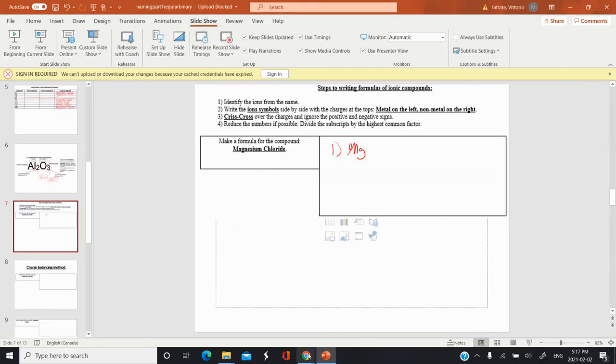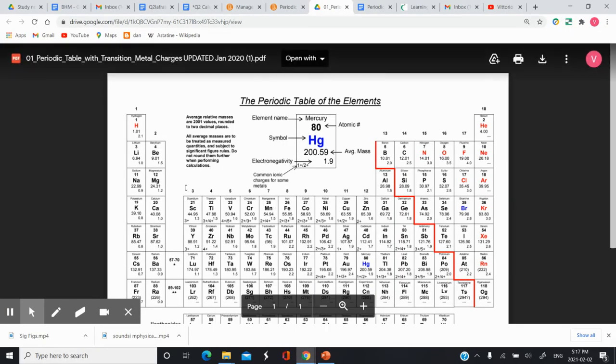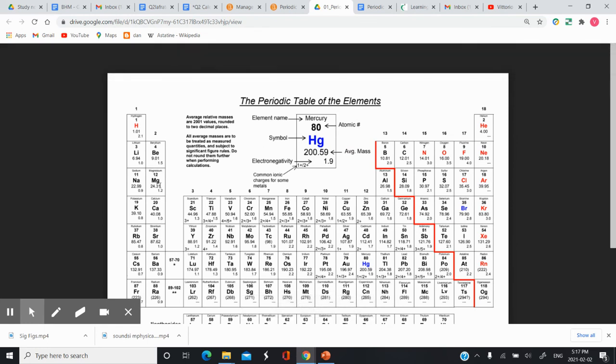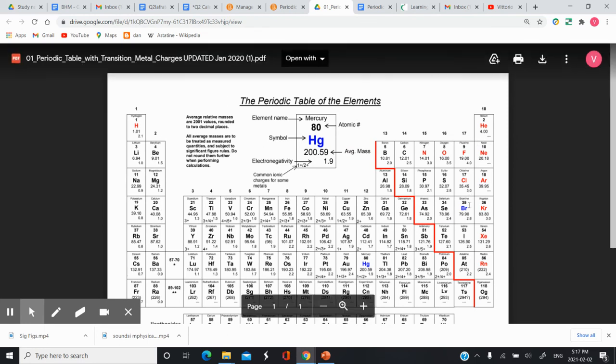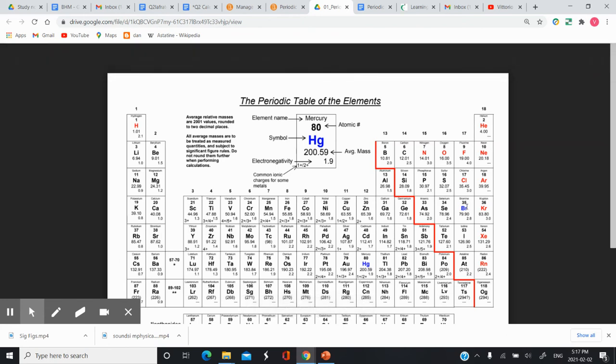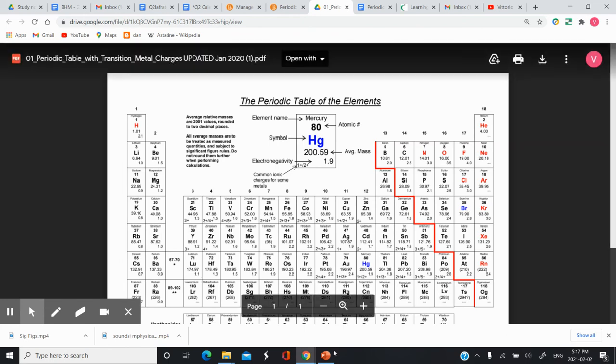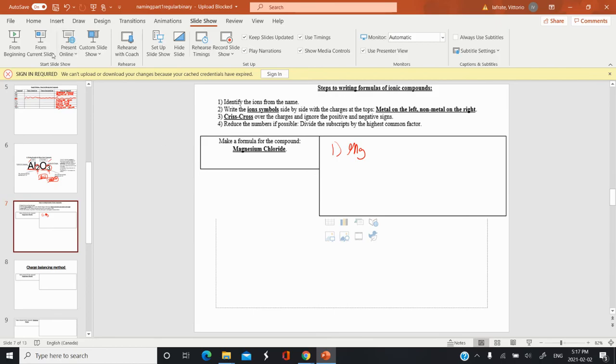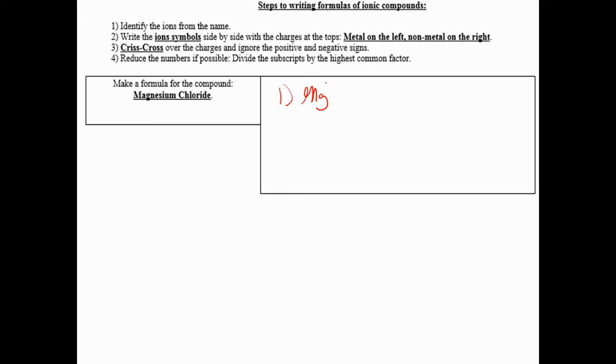First, what you're going to do is you're going to write the ions side by side. So we have magnesium, and then you need to know the charge of magnesium. So let's go and take a look at our periodic table. Magnesium is in group 2, so +2, and chlorine is in group 17, 7 valence electrons, gains 1 electron, -1. So we have Mg2+, Cl1-,